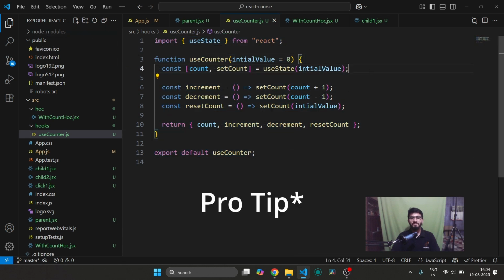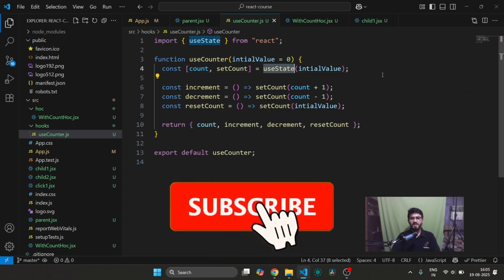So know one thing, to create a custom hook you must use the keyword use, because this is the naming convention of any React hook. And also inside your custom hook you must use at least one inbuilt React hook like useState, useEffect,